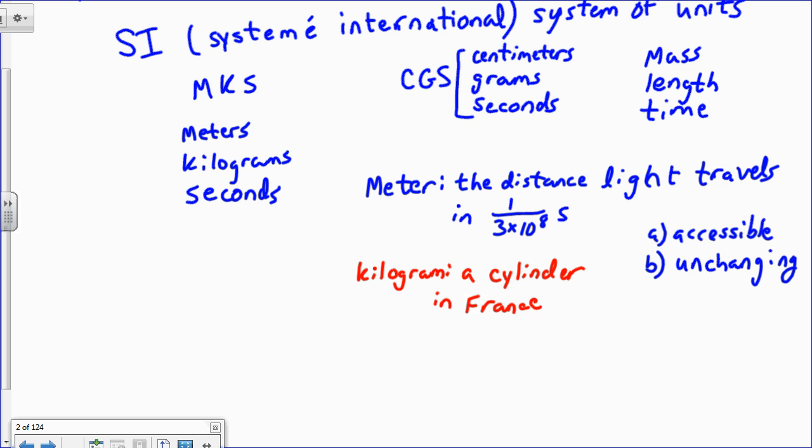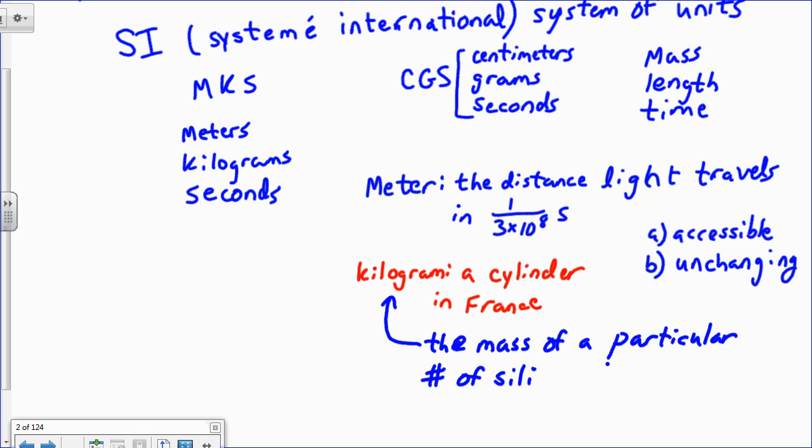So now they're trying to create a new standard for the kilogram, and that new standard is the mass of a particular number of silicon atoms. All right, so they create this sphere of silicon. I'm going to show you a video about it in just a second. A sphere of silicon, and you can calculate how many atoms are in that silicon,